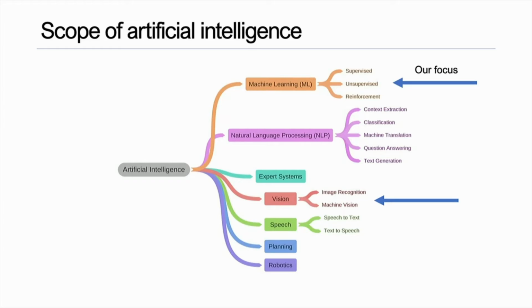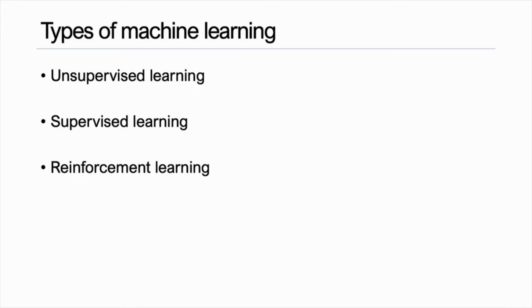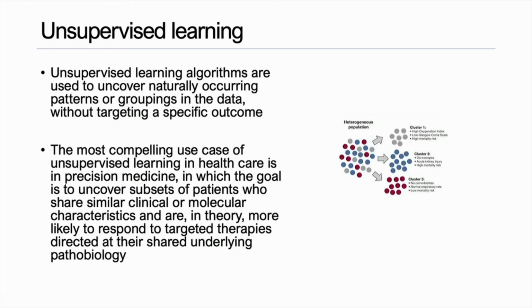So we're going to talk about the different types of machine learning and also a little bit about computer vision and how to apply these things in translational research. When we look at machine learning, we look at 3 different types. We have unsupervised learning, which we do all the time in statistics, and supervised learning, which we do a lot in machine learning and deep learning as well, and reinforcement learning, which is this new concept that I'll show you. So unsupervised learning is when you're trying to find underlying patterns in the data, but the data is not